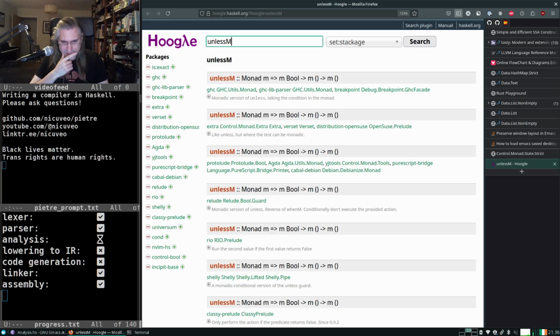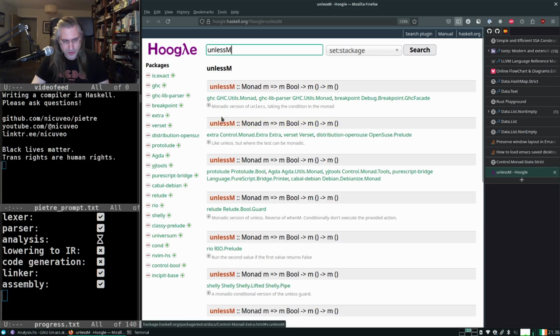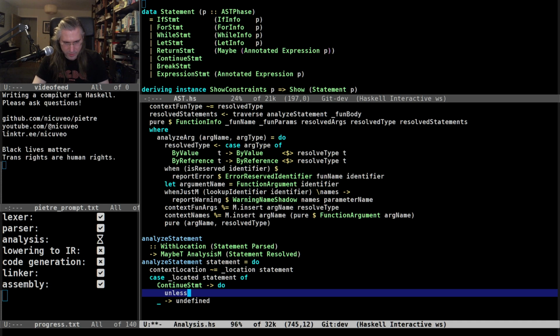It exists. Oh, in GHC util monads, interesting. Oh, it's also in extra, perfect. So unless m, and what is the monadic expression that gives us a boolean that we want? It is simply uses